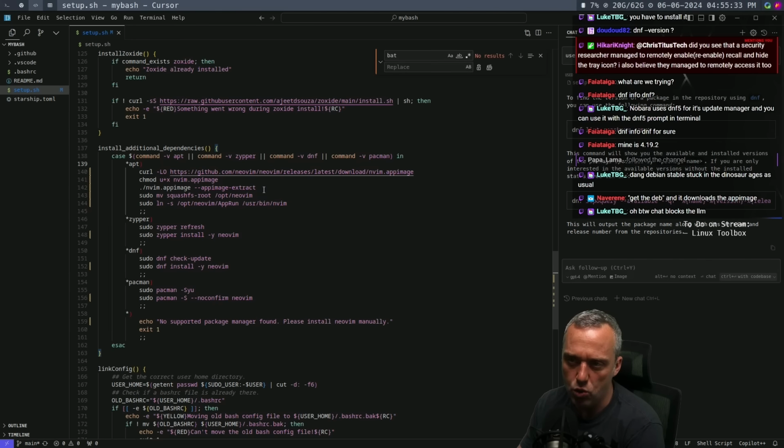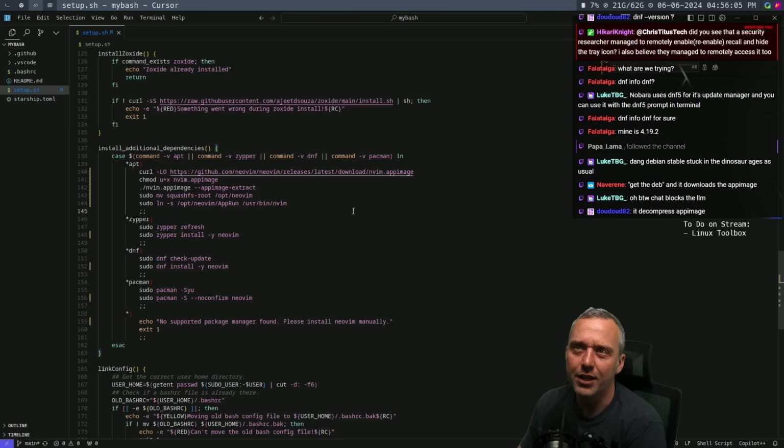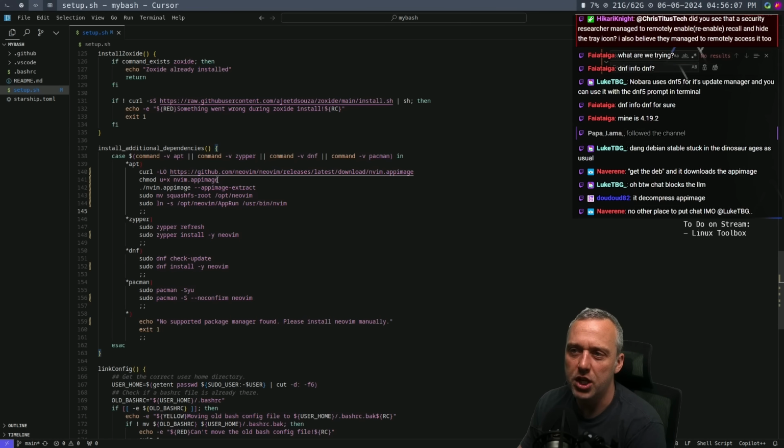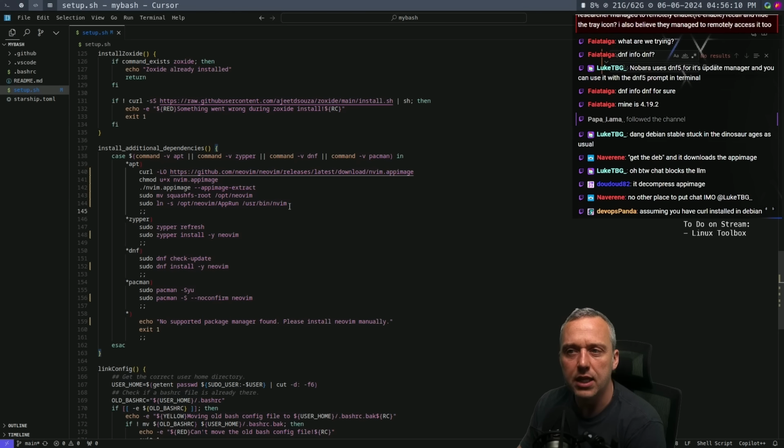I never actually used that command with nvim, so I don't know what that does. Sudo mv squashfs-root to /opt/neovim. And then it links the /opt/neovim AppRun to nvim in /usr/bin. That's kind of wild. It decompresses the AppImage and then puts it in like you've installed